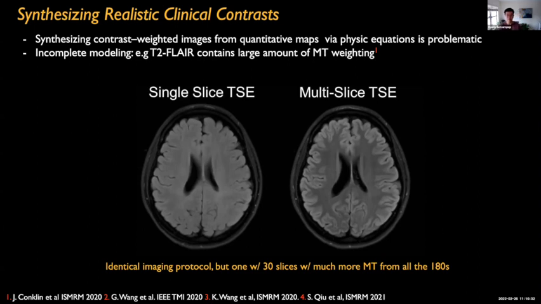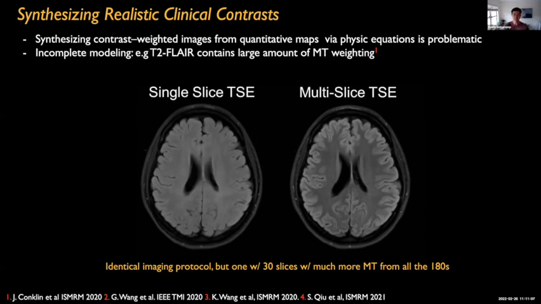Here's a fun example that we did, where we acquire identical imaging protocol in 2 scans, one with a single slice TSE and another one with 30 slice TSE. Where in the 30 slice case, there's a lot more 180 refocusing pulses across different slices that generates a lot more MT contrast, as you can see here in the much better contrast in gray-white matter from the example